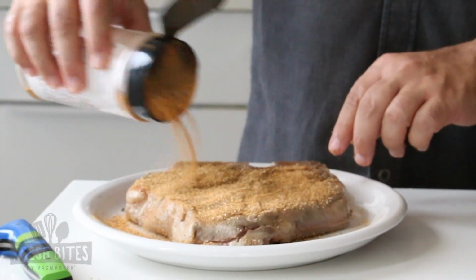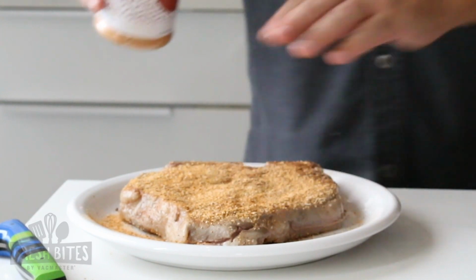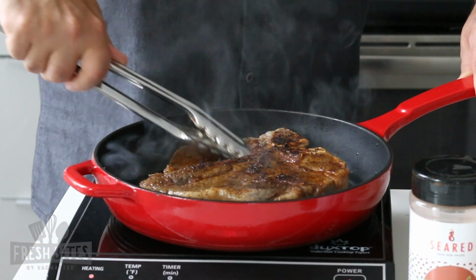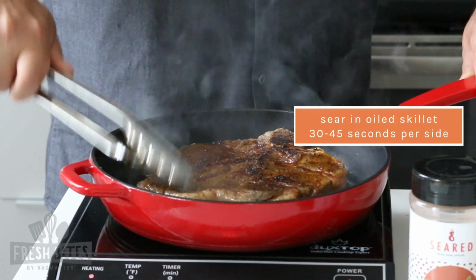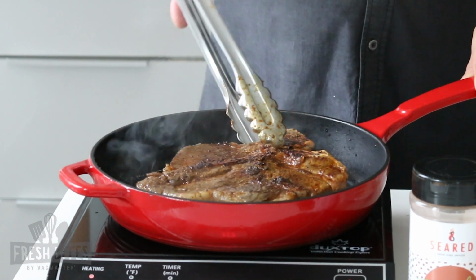And here I'm using the wild mushroom blend. You can see there's a copious amount on there, but there's a reason. It was cooked with nothing on it, and now in a very hot skillet, any lipid of your choice, any oil you'd like to use, any fat. Here I'm using my roasted garlic oil that I made sous vide, but one of the other things I love